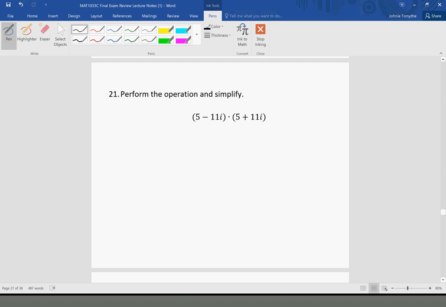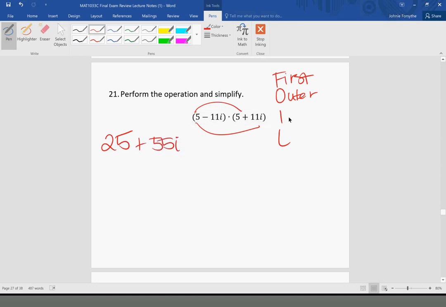Okay, perform the operation and simplify. So we have a binomial times a binomial. So we are going to FOIL. Just so you remember what FOIL means, multiply the first term, so 5 times 5 is 25. Then the outer terms, 5 times 11i is 55i. Then the inner terms, negative 11i times 5 is negative 55i. And then the last terms, negative 11i times positive 11i is going to be negative